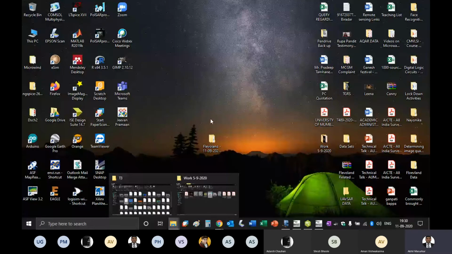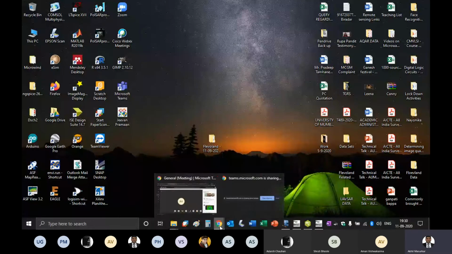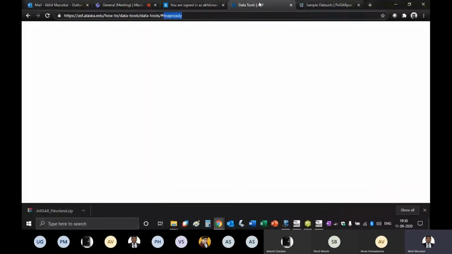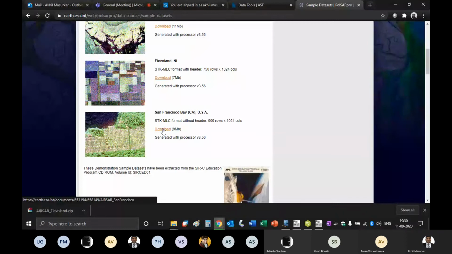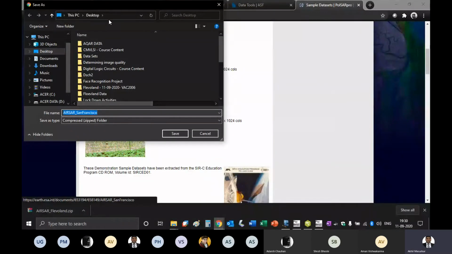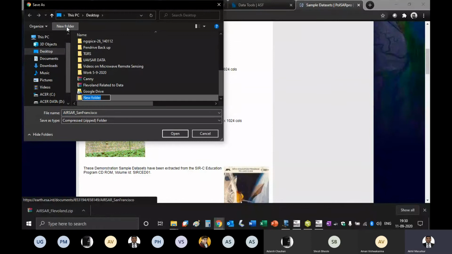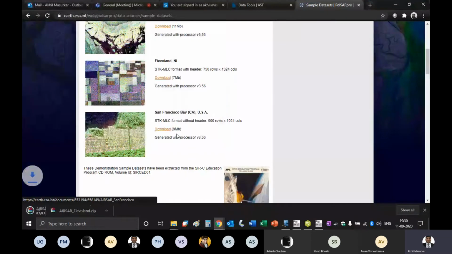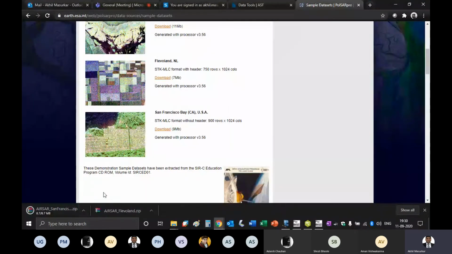So again, if you want the typical steps, go to the sample database, download the file. I'll just say San Francisco. I'll make a folder so that everything goes inside that folder itself, and just say save, show in folder.